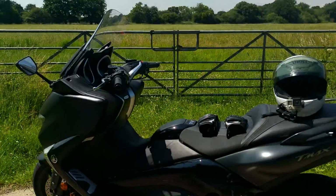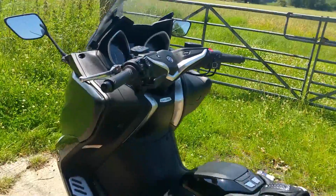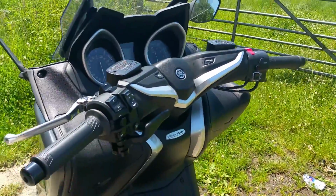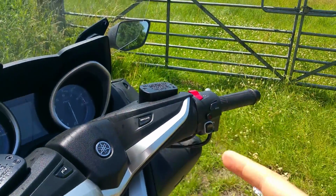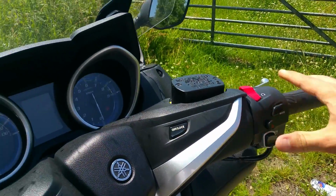So this model comes with traction control as standard and also ABS. It is honestly the most prestige scooter you can possibly find. It's just so smooth, powerful, but also it's very practical. As you can see just here on the screen, there's no key with this bike. It's completely keyless. So the key's currently in my pocket, and if I go and press the starter switch here,